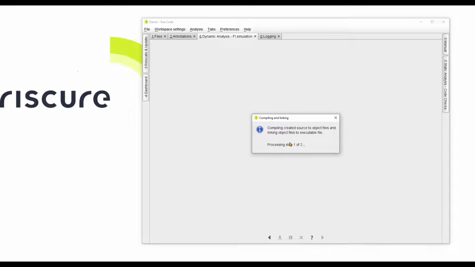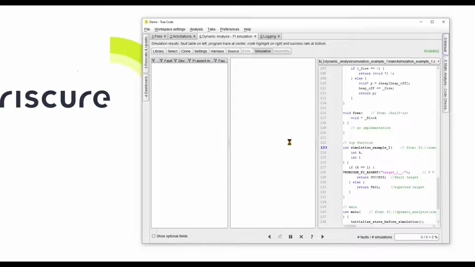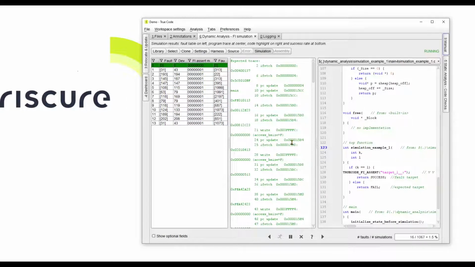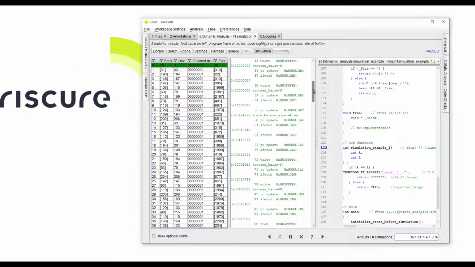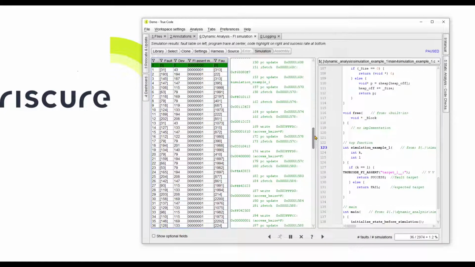After this, TrueCode will load the compiled binary in the simulator and start simulating the execution of the instructions in the binary. The simulator will inject faults while executing instructions from the loaded binary. In the simulation phase, you can see three main panels. On the left, you can see a list of the collected traces that reached the fault target. Note that the very first collected trace corresponds to the expected trace, which is used as a reference to compute